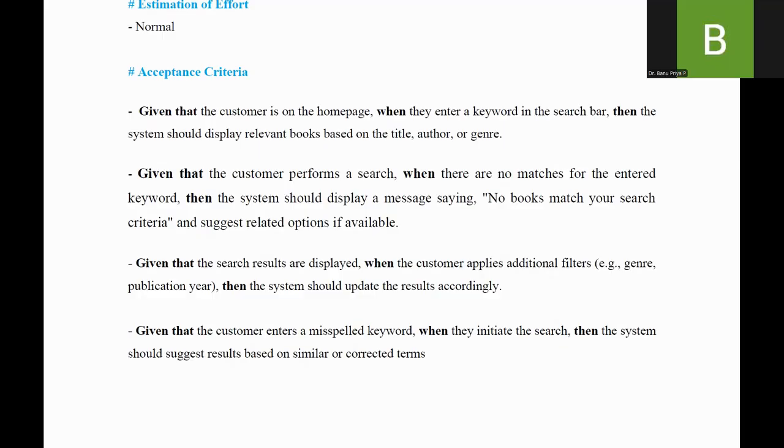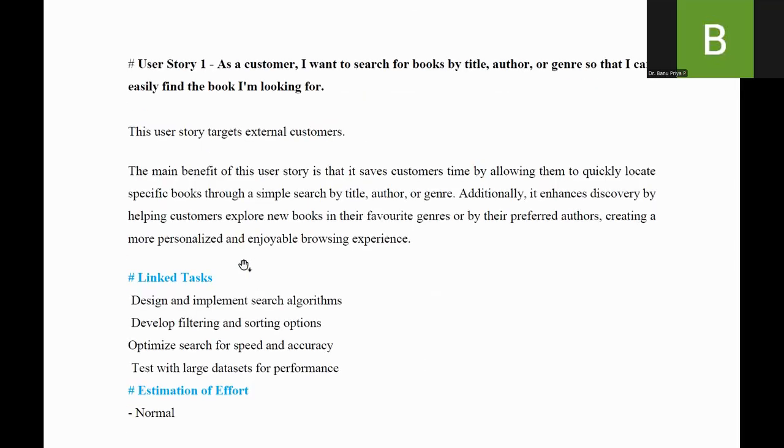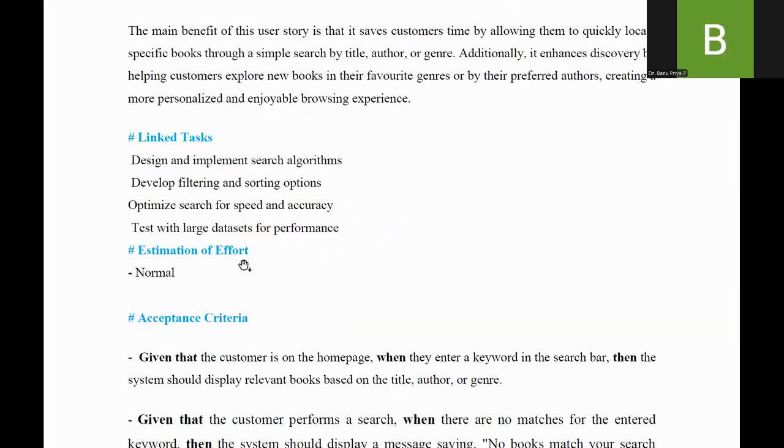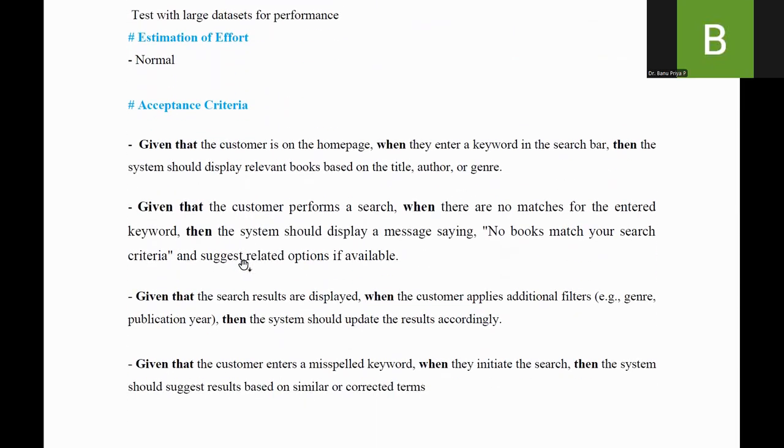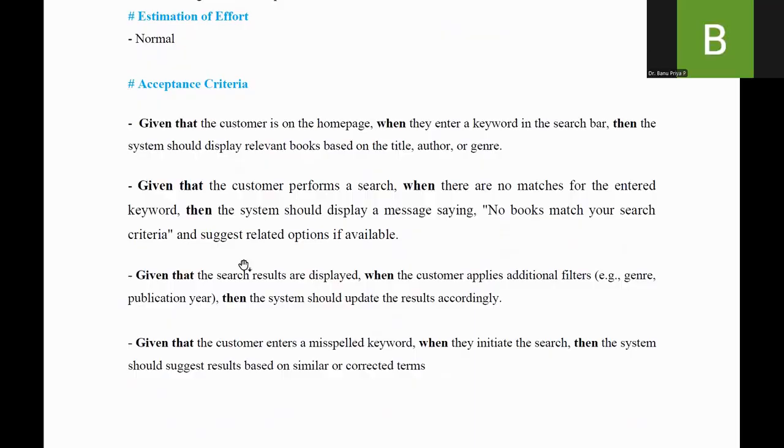Given that the customer is on the home page, when they enter a keyword in the search bar, then the system should display the relevant books. If the system is displaying the relevant books based on the title, author, genre, it means this particular user story is achieved, right? So we can provide this acceptance criteria, which is a minimum condition, based on this given-when-then rule, right?